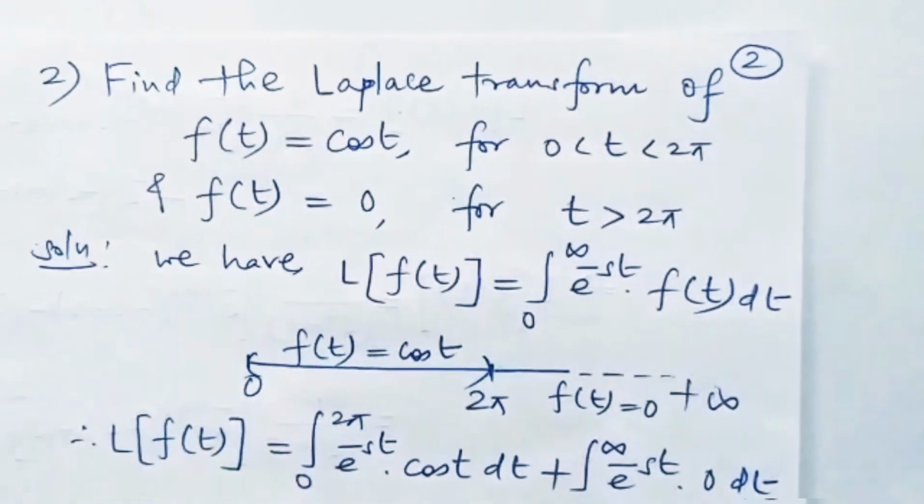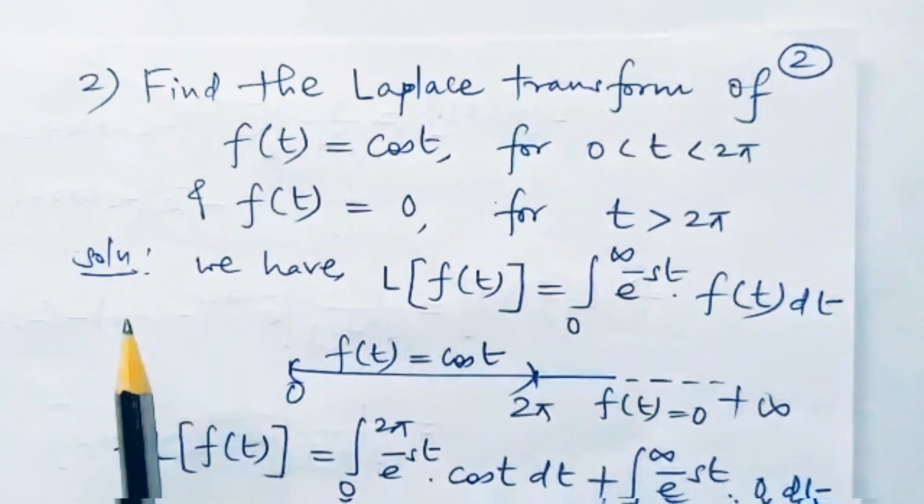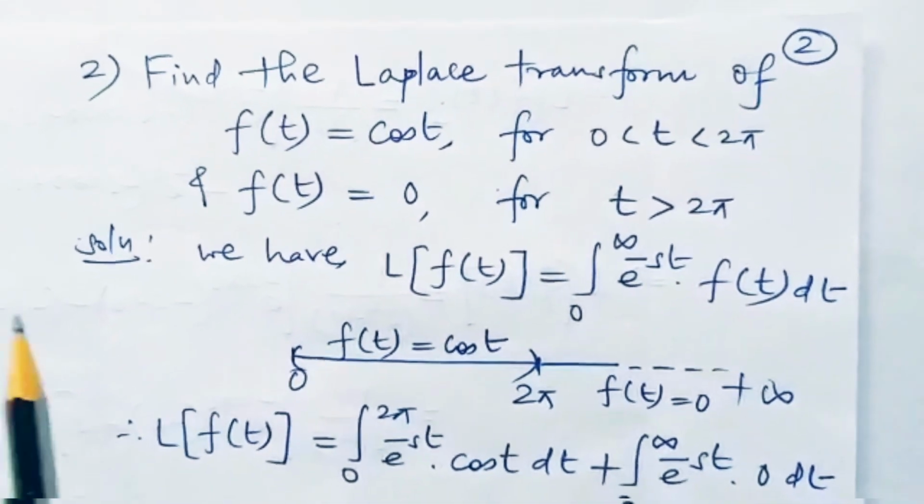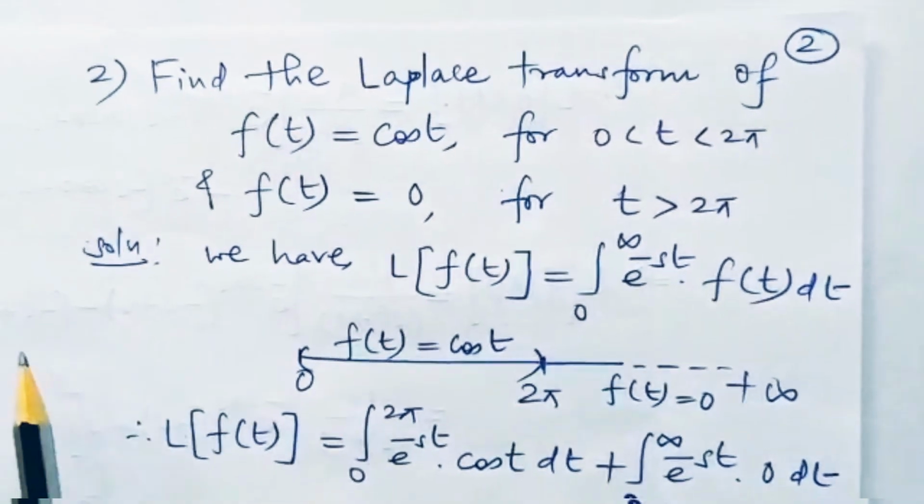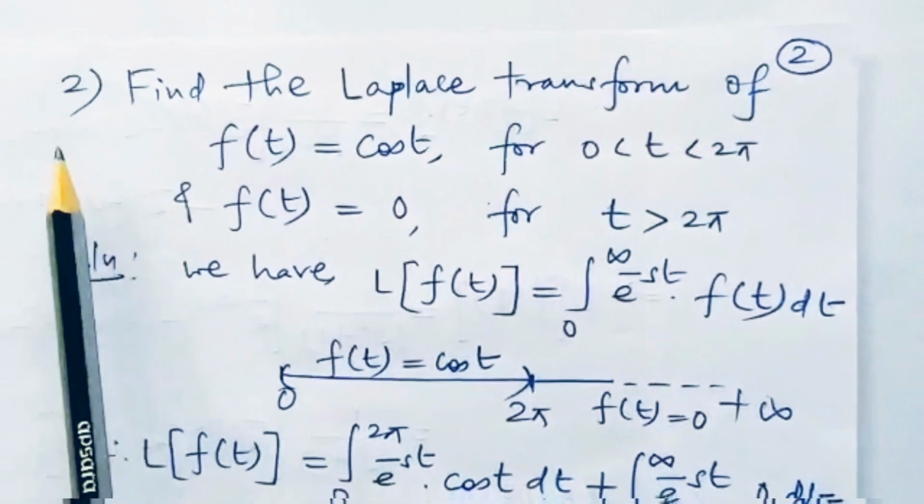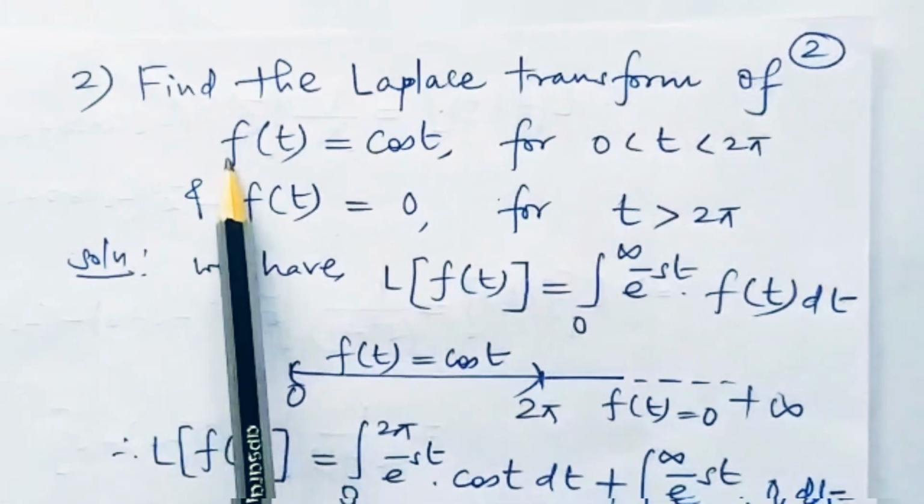In the last lecture, or in the last video, we have seen the definition of Laplace transform and how the technical definition of Laplace transform helps us to get the Laplace transformation of the given function. Let's move ahead. The second one: find the Laplace transform of again the same f of t as a cos